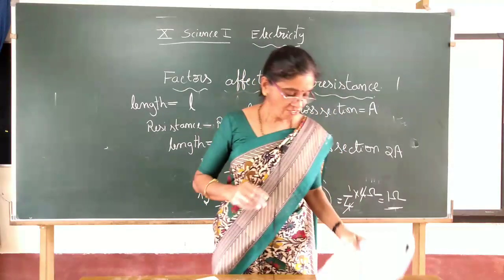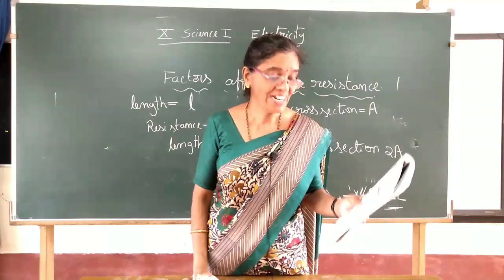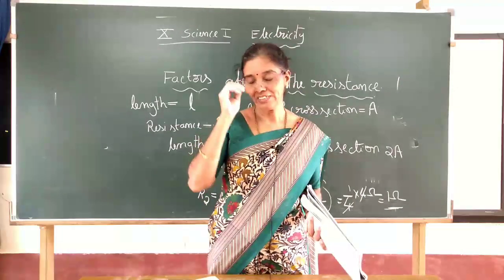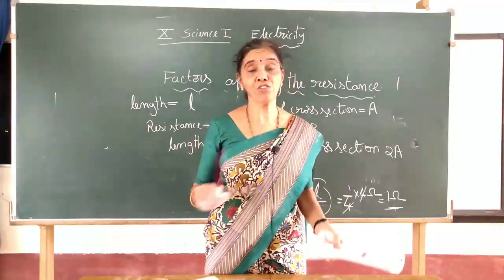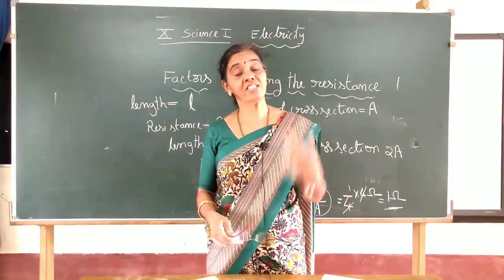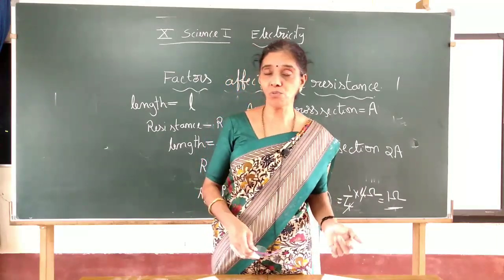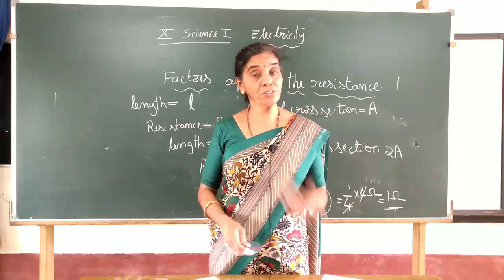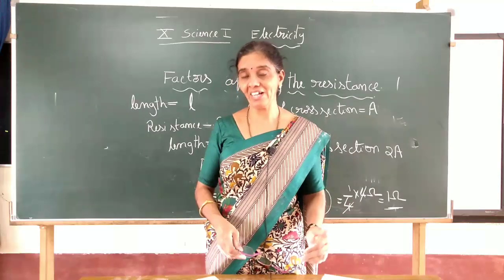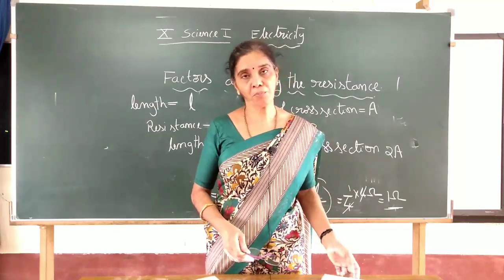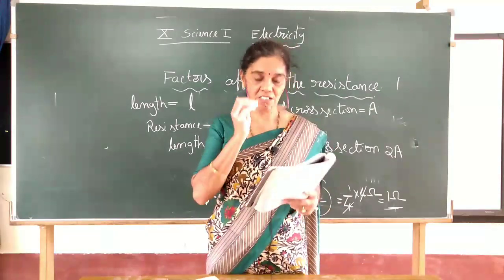Then the next question: why are the coils of electric toasters and electric irons made of alloy rather than pure metal? Just now I said pure metals have less resistance. So whenever current flows through a pure metal, the heat energy given out is less due to less resistance. But in alloys, the resistance is quite more than in pure metals, and they usually won't react with oxygen at high temperature. These two good qualities made us use alloys instead of pure metals in heating devices like an iron box or a toaster.